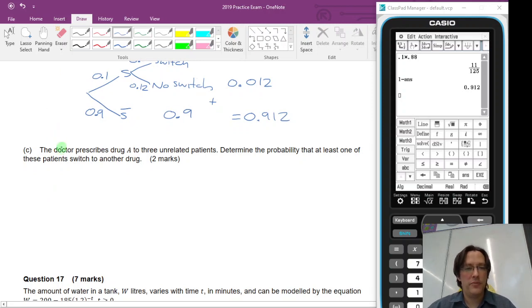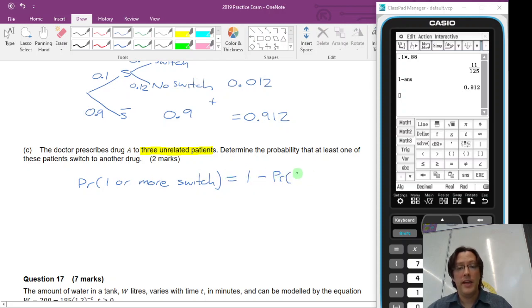The doctor prescribes drug A to 3 unrelated patients. Determine the probability that at least one of these patients switch to another drug. So, the probability of one or more switching is actually the same as the complement of the probability that none switch. So working out the probability that none switch is actually quite easy because we already have this probability that